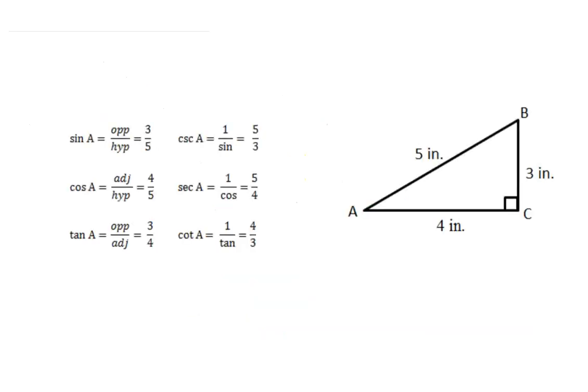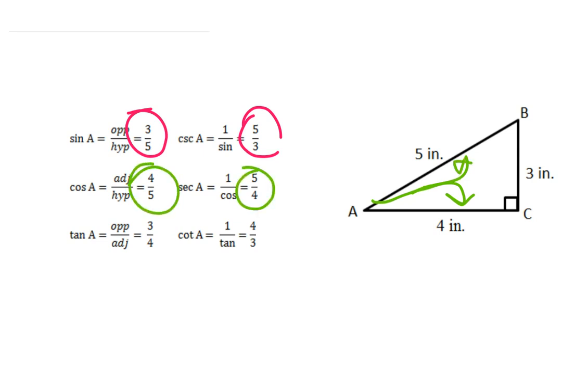So if we look at the next page real quick, we can see here I've got the same triangle. It's just a little bit cleaner. If I'm using angle A, I can see my different relationships. Opposite over hypotenuse is going to be my sine, which would make my cosecant 5 over 3. For my cosine, I'm going to have adjacent over hypotenuse, which is 4 over 5. For my secant, it'll just be flipped, 5 over 4,